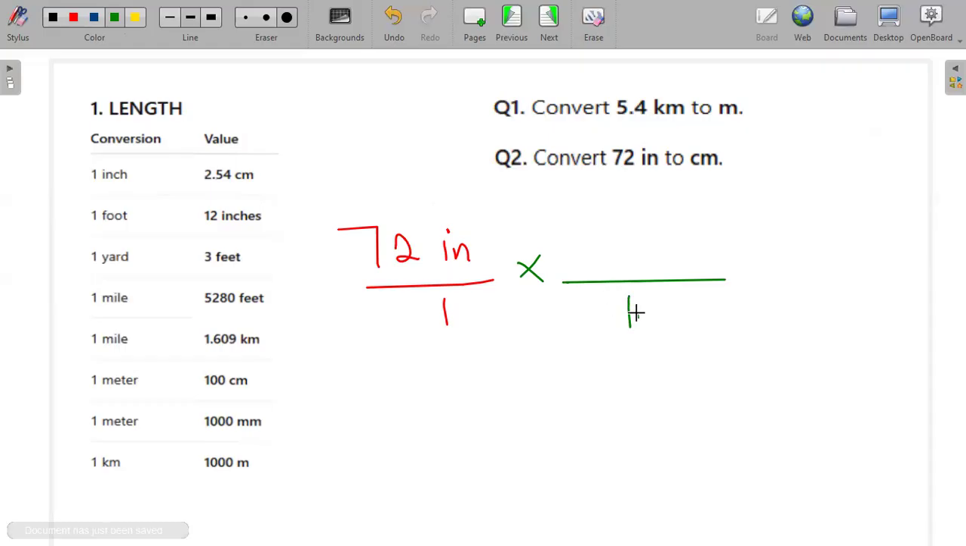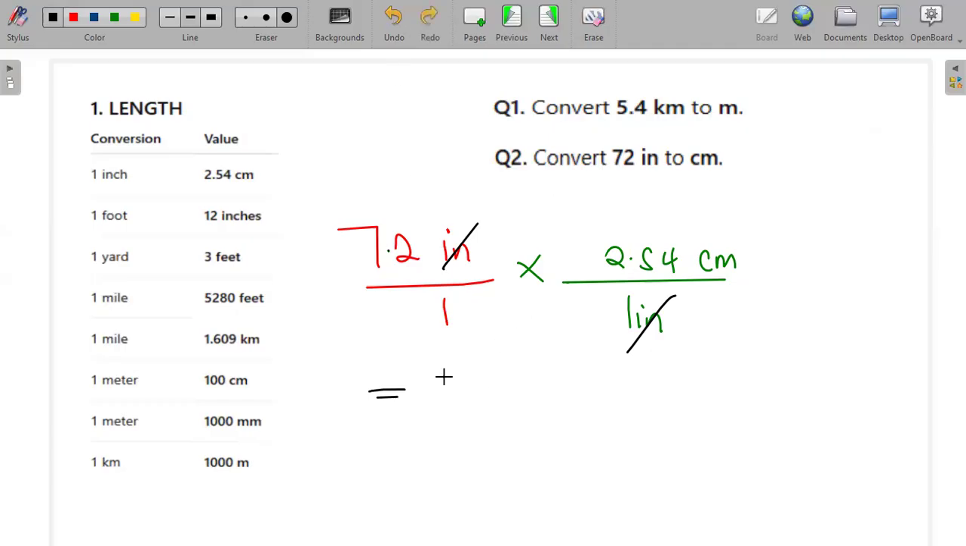So it will be 1 inch, okay, is equivalent to 2.54 what? Centimeters. So we see that from this diagram, the inch and the inch will cancel out. So I just remain with the 72, which I'm multiplying with the 2.54. So if I punch that on my calculator, 72 multiplied by 2.54, okay, centimeters,